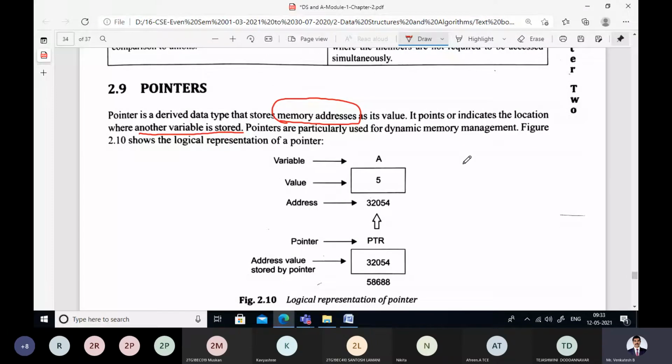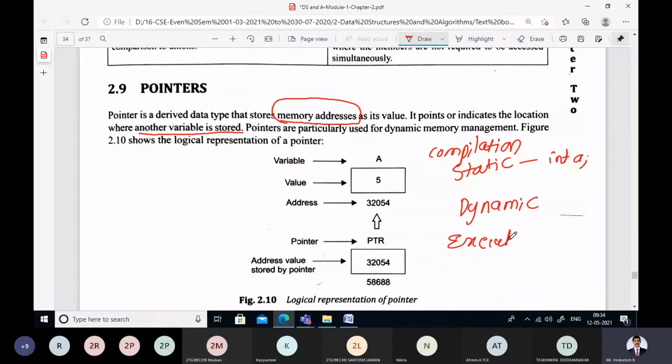Static allocation is like how we declare int a, char b, and so on. Static memory will be allocated during the compilation of the program, and dynamic memory will be allocated during the execution of the program.